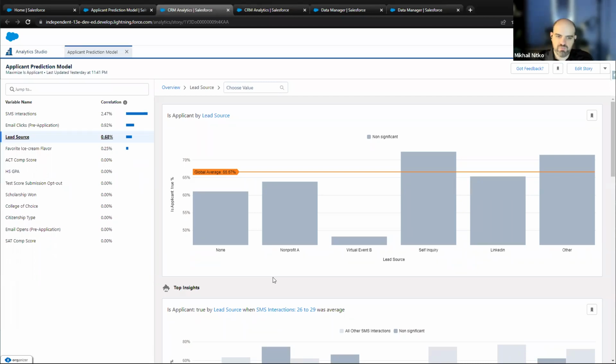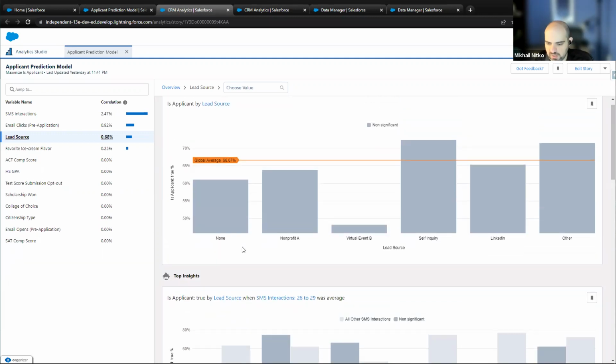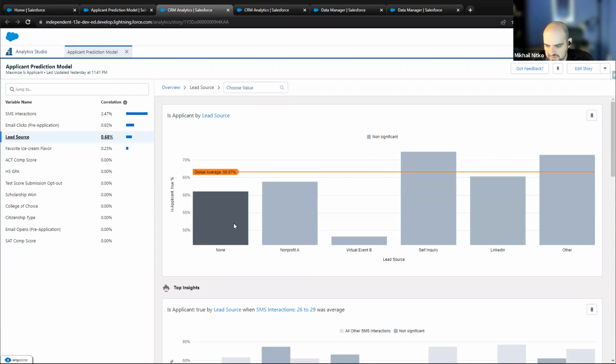And let's say for all these years, you've been purchasing a certain list that is apparently yielding you nothing. There's no correlation with somebody coming from this list and the likelihood that they will apply. As a matter of fact, it might actually be inverted. So you will see in here both positive correlations and negative ones. I did not design this to show this so clearly right now, but when I created this before, you can change colors here and you can add more sources, like more columns, and you can display this more clearly. But essentially what it tells you is that you should not buy this anymore.